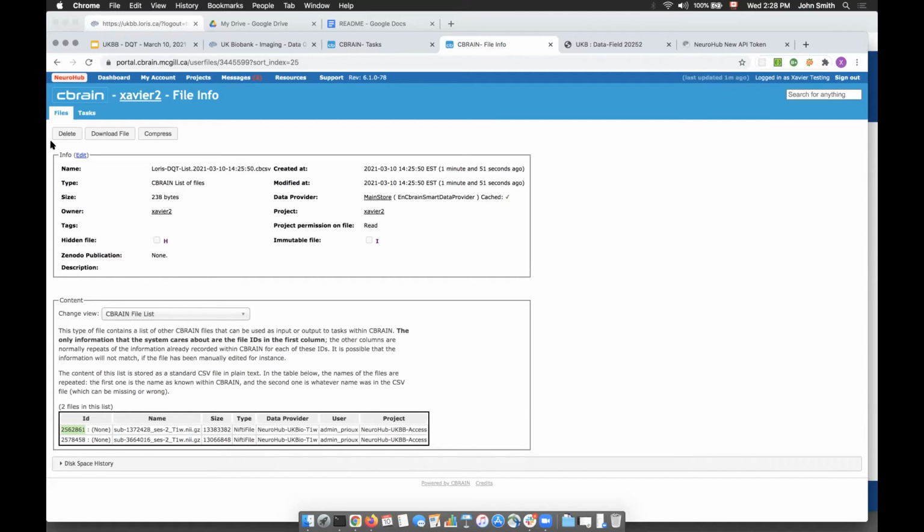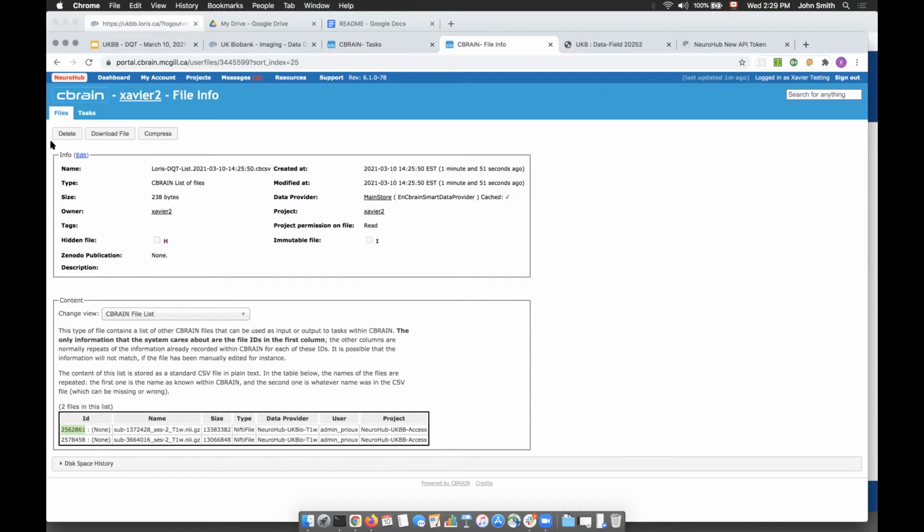The other thing that I was not planning to show, but it's a nice side note for people that have attended the previous workshops: everyone should have a NeuroHub project in which, once the file exists in CBrain, they should be able to copy the file to their storage.